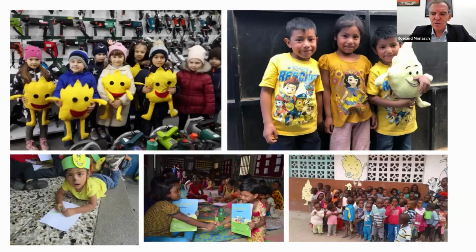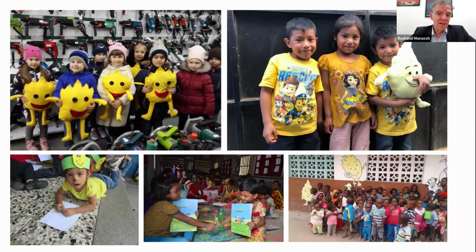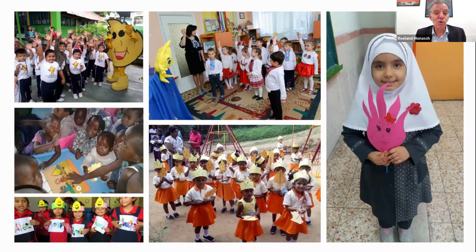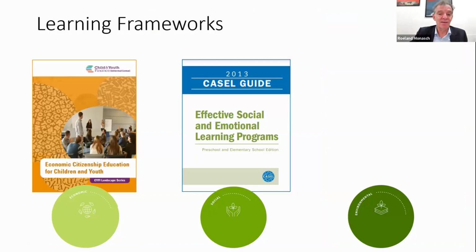Basically, AflaTot is a tool, it's a curriculum, but it's specifically a way to engage with children using a very active learning methodology. It's very child-centered and playful. It has a family toolkit so that parents are involved, and it really is a simple but extremely effective tool to reach children in many different places. The beauty of AflaTot is that you can contextualize it to any local unique setting. And if you look at the pictures, you see pictures from the Ukraine, from Sri Lanka, from Palestine, from Zambia, the Philippines, you name it.